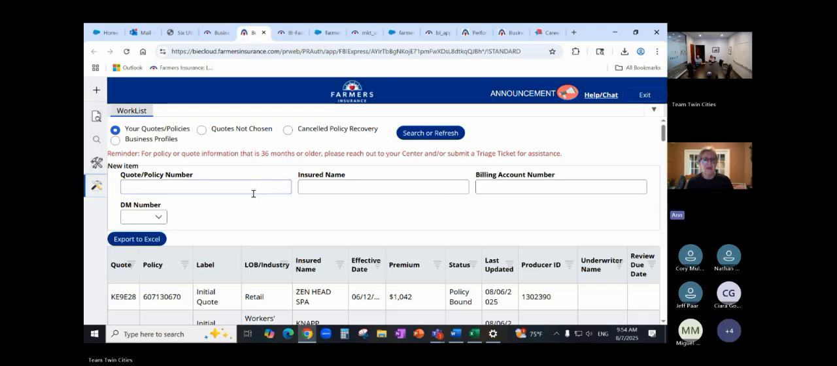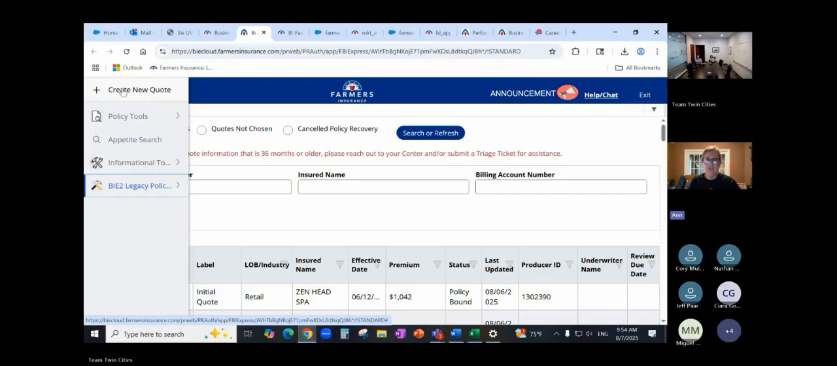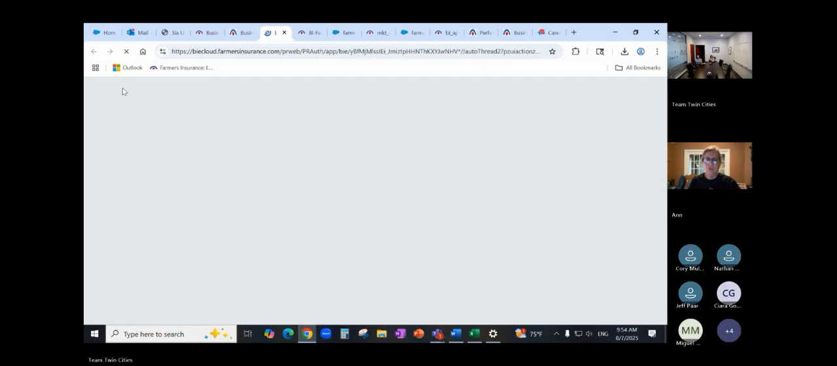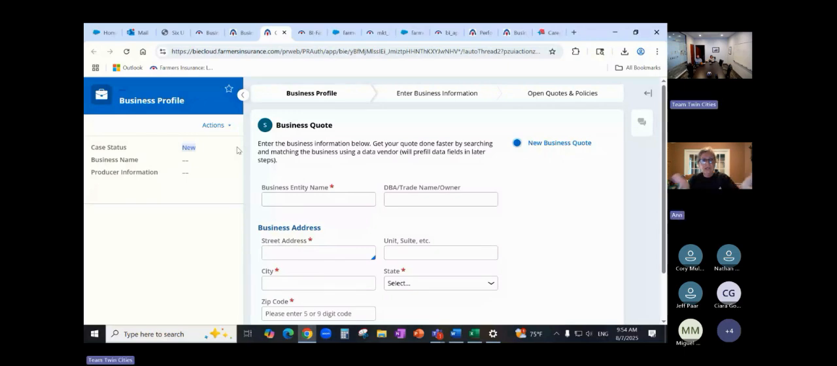If you go a different way, in the upper left-hand corner there's a plus sign. It slides out and says create a new quote. So either way you go, Apex, appetite search, or this way, you will get to the business profile page. From this page, you begin to fill out some basic information, starting with the name. That's why I say go to the Secretary of State, so you make sure you have it correct. And anything with a little red dot, you must